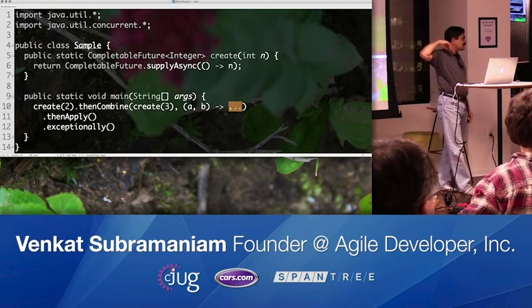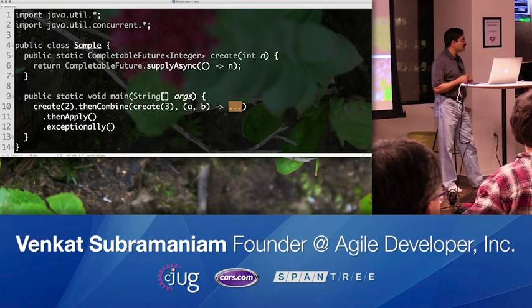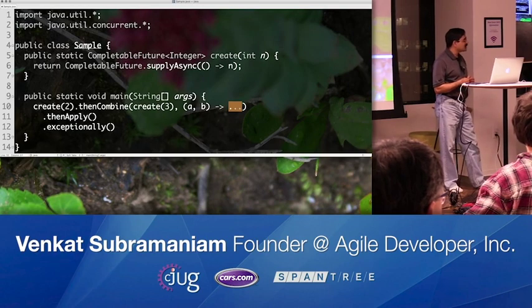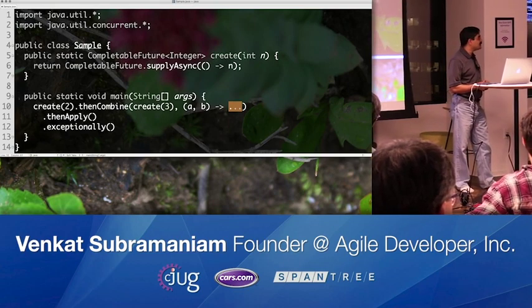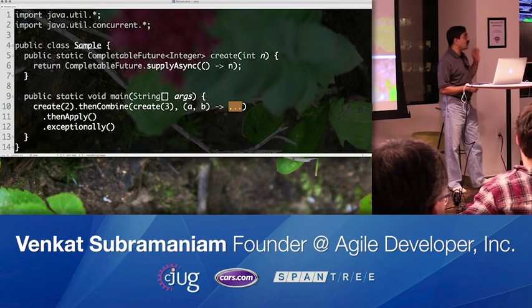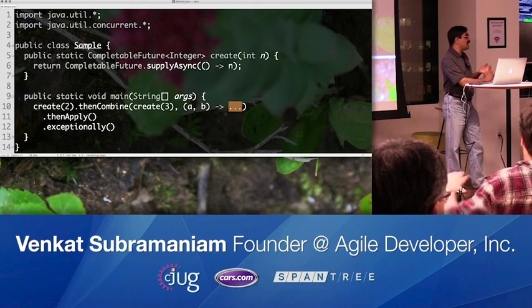So what is the abstraction for, in that comparison you showed, what is the abstraction for completable future? I mean, it's not exactly a stream even. It is a stream with 0 or 1 piece of data. A stream can have 0, 1 or many.